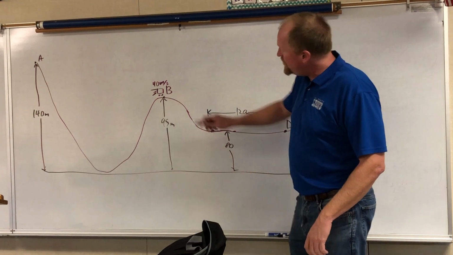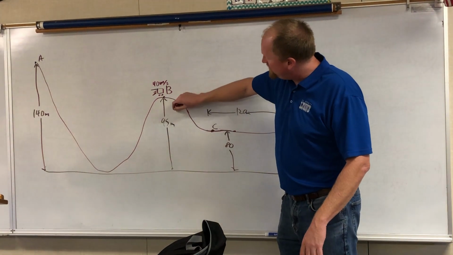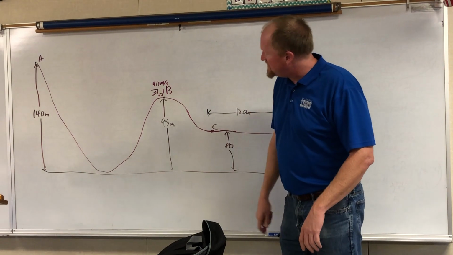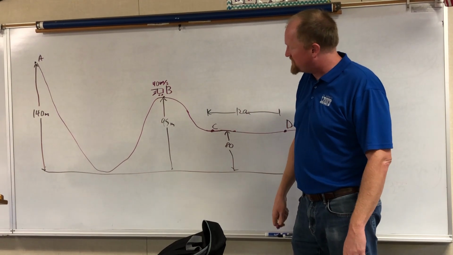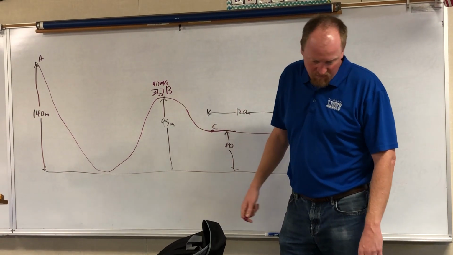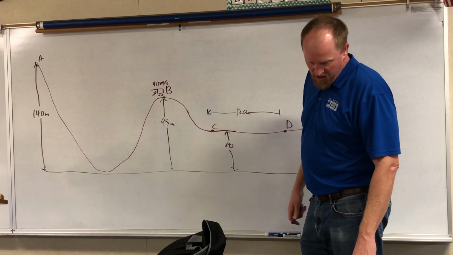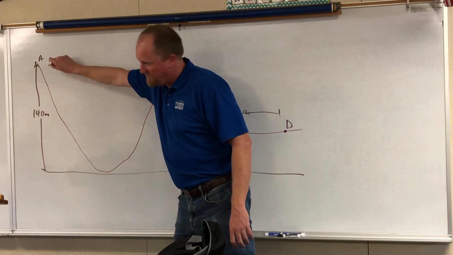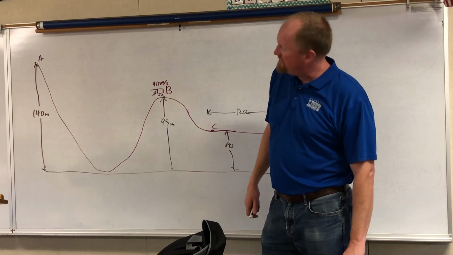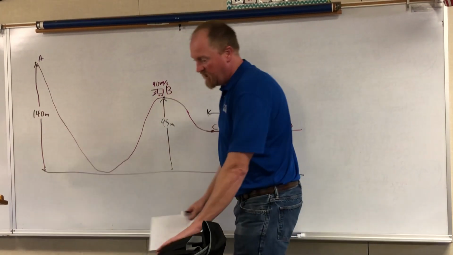So, you know at point B, 95 meters up, your velocity is 40 meters per second. So that's the point where you have the most information. But what they want you to find is your velocity at point A. What is going to be the velocity when you start it?